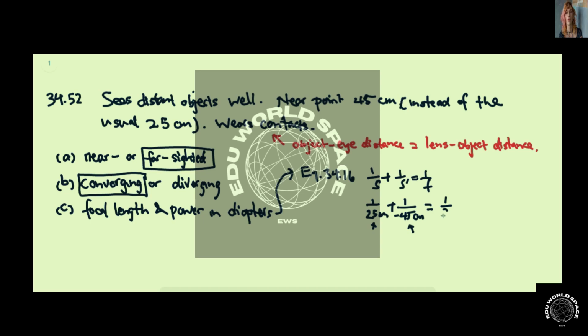So that's 1 over f. From this equation, you can find that f is equal to s s prime over s plus s prime. And we know s and s prime, so f is